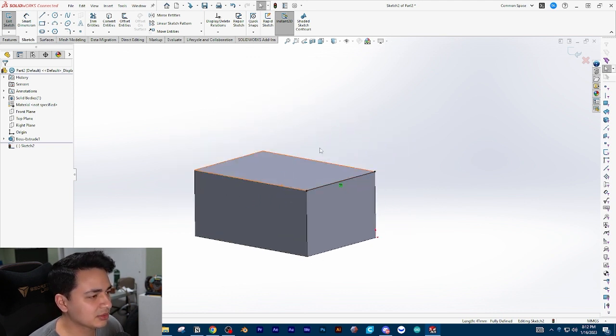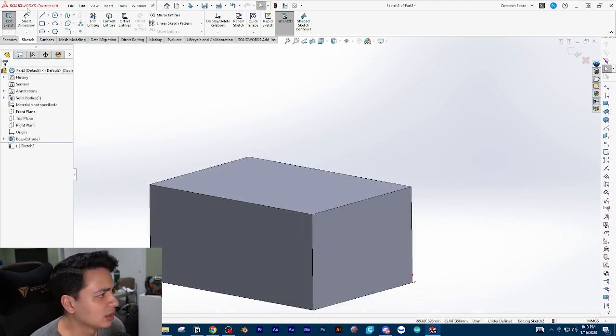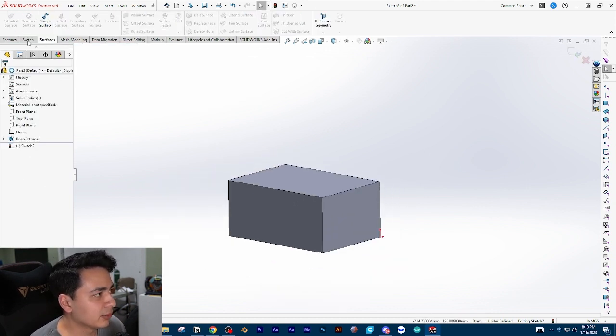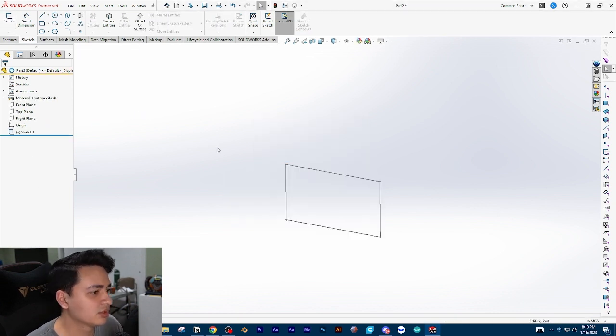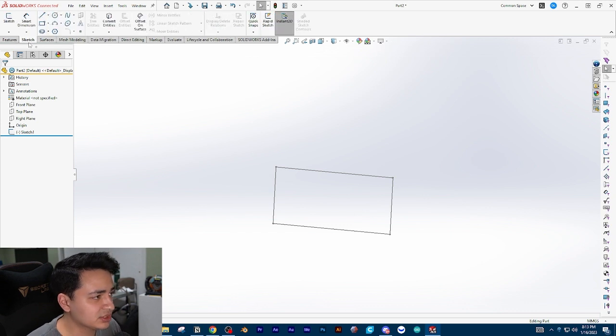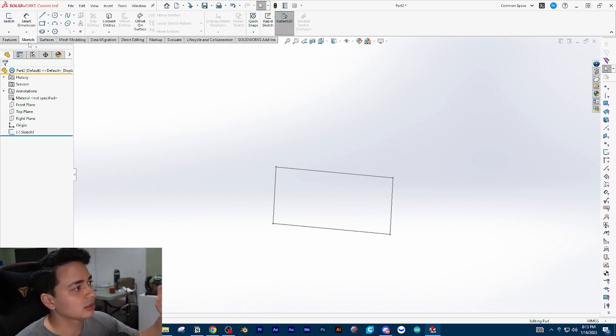For now, that's basically the gist. There's pattern, mirror, which you may need for this lesson. I don't know. I'll show you if it comes up, but I don't want to go too in detail now and overload you. So that's what we have for the sketches. So we're working in a 2D plane. Okay, so now you have